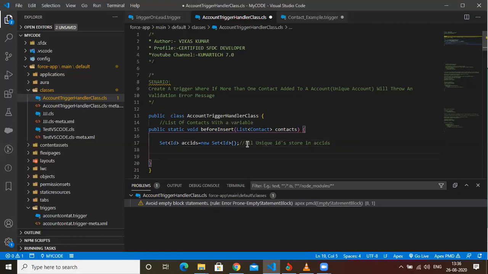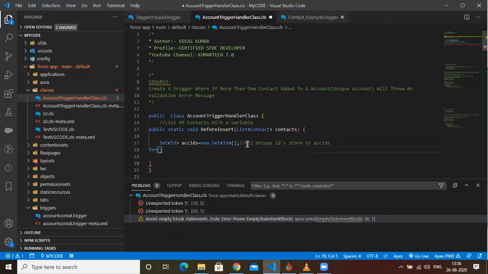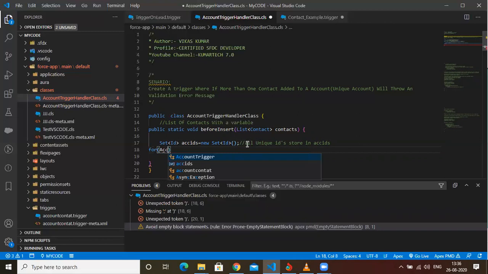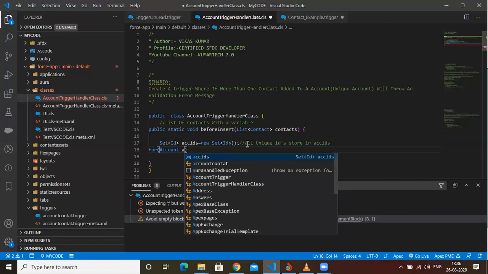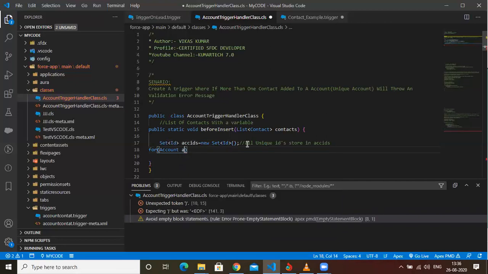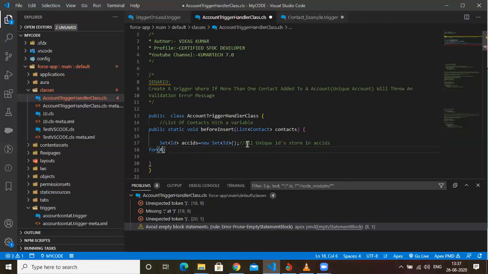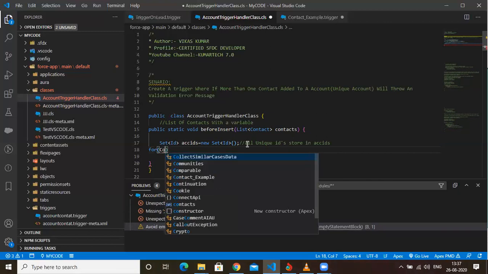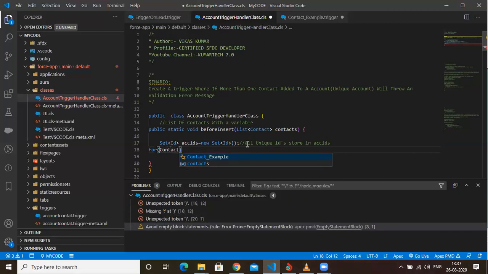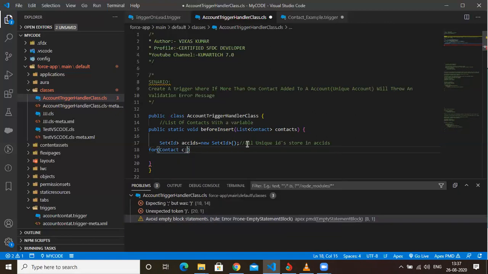Next step, as I told, first the account should be unique, right? So what will I do? I need to use the for loop. First I need a contact, so Contact c. Now I need to get all the contacts from where?